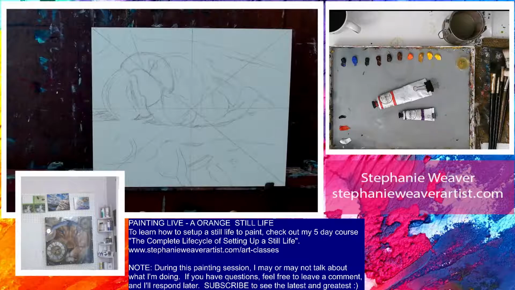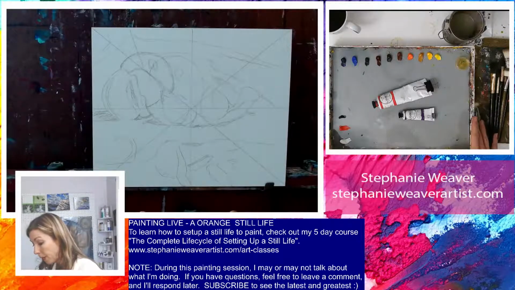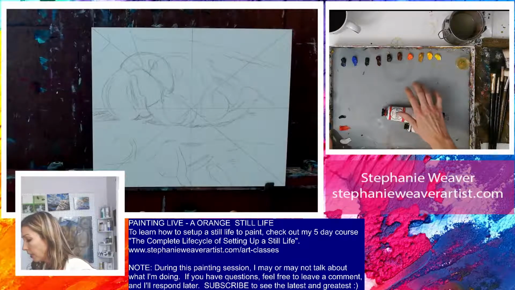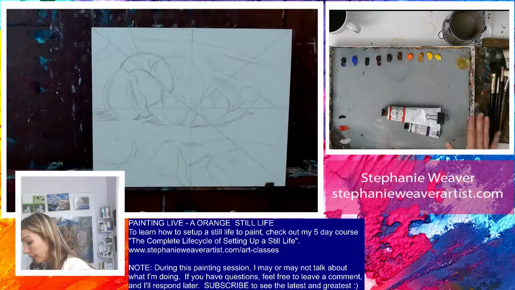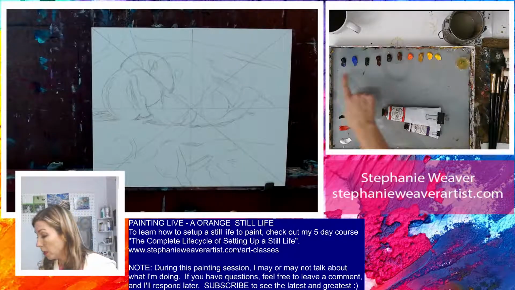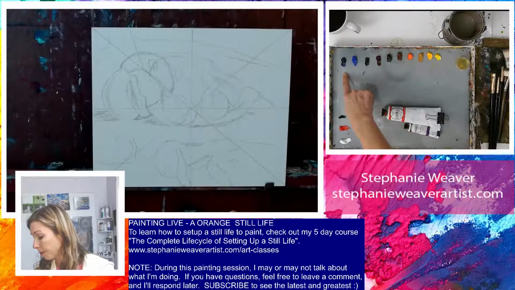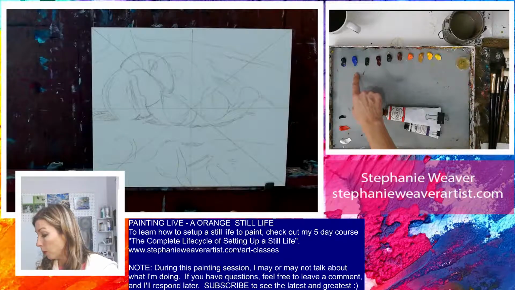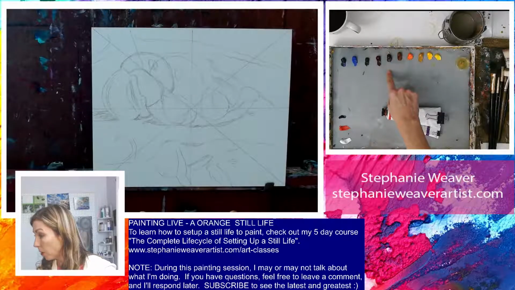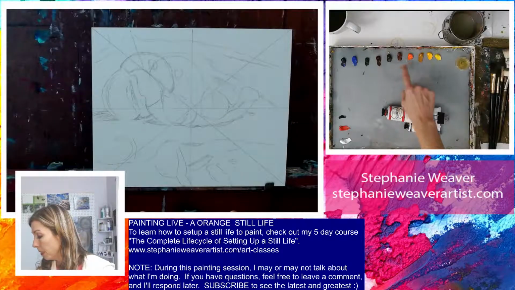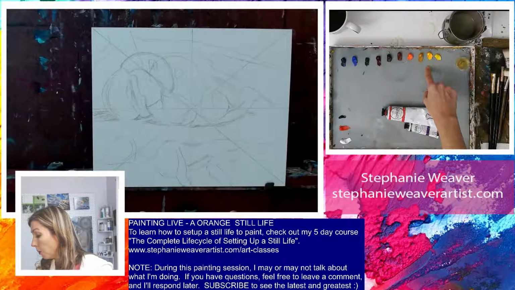But that winter scene is what my other palette is used for. So this is a Masterson's, and I just had a piece of glass cut for it at the hardware store. My standard palette setup that I set up every single time is across the top here. Well, except for this one. But anyway, you've got your ultramarine blue, cobalt blue, sap green, alizarin crimson, burnt umber, burnt sienna, cadmium orange medium, yellow ochre, cadmium yellow medium, and then